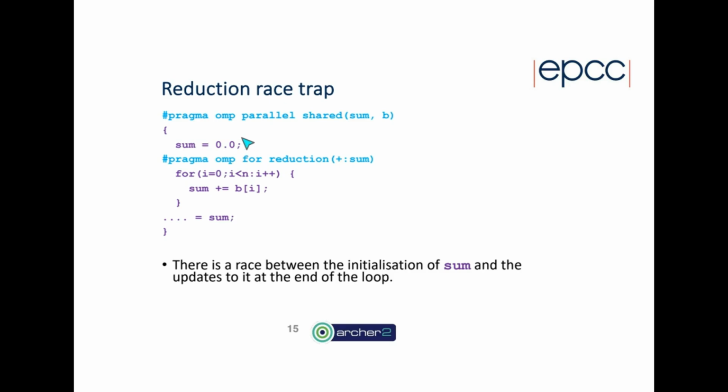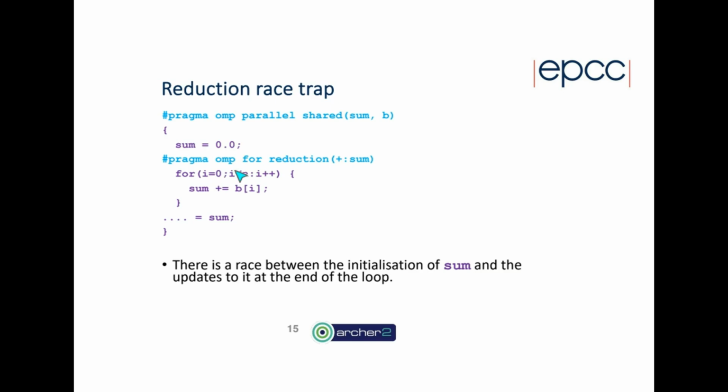So you might think, well, this is one of those harmless ones, okay? Is it not okay for every thread to set sum equal to 0 before doing this loop? And the answer is no, because there is no synchronization at entry to the work sharing for loop. As soon as a thread has set sum equal to 0, it goes straight ahead into the loop,